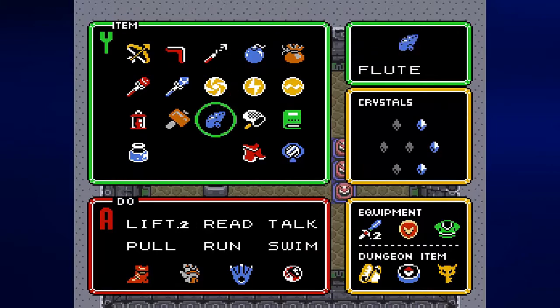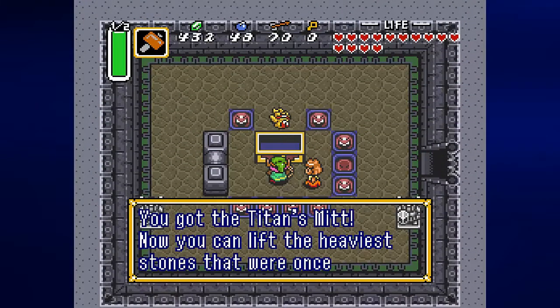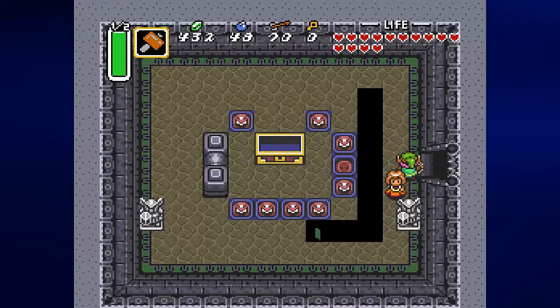And you want to get the magic hammer out and get in here quickly. In here is the Titan's Mitt. Now you can lift the heaviest stones that were once impossible to budge. And you also want to get out of here immediately,